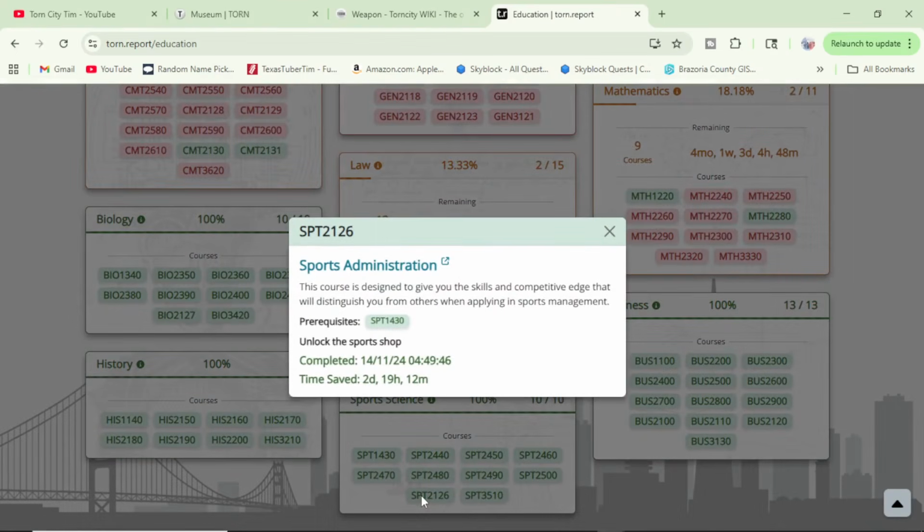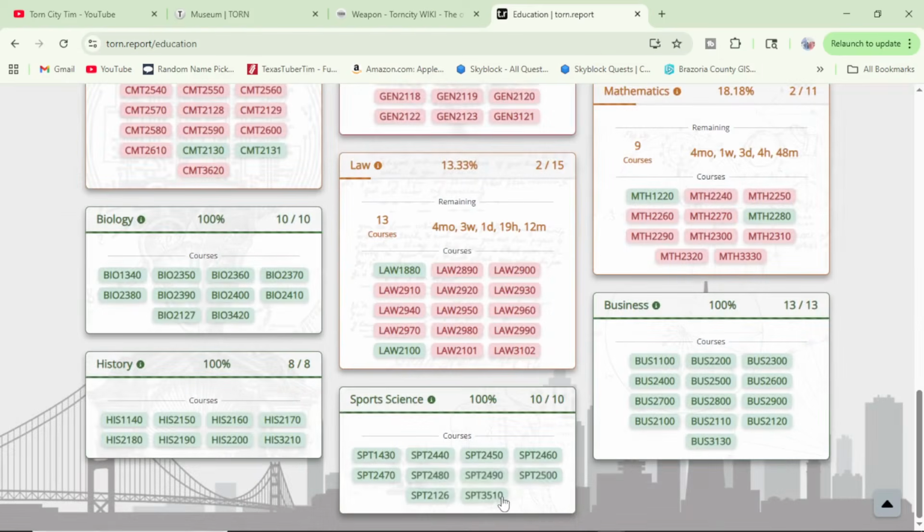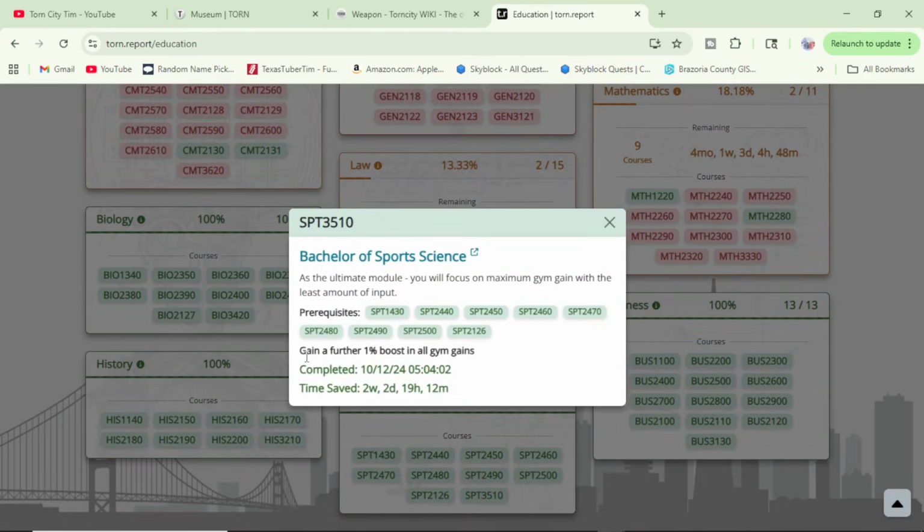And this course here is going to allow you to unlock the sports shop. The sports shop is where you buy stat enhancers. And in my mind, stat enhancers are a very late game kind of thing, so this is not particularly useful to a newer player. However, the Bachelor, as I mentioned before, is really nice because you're going to get a